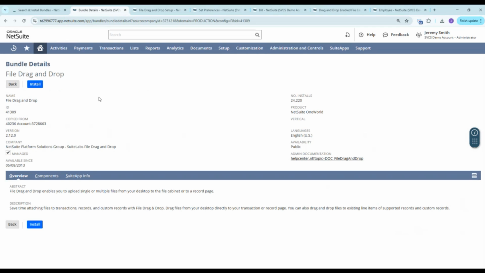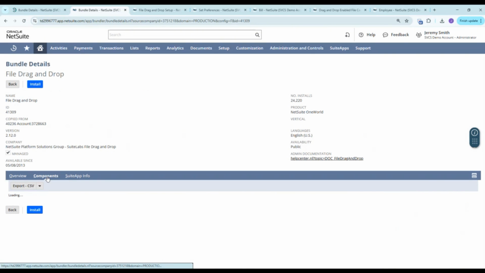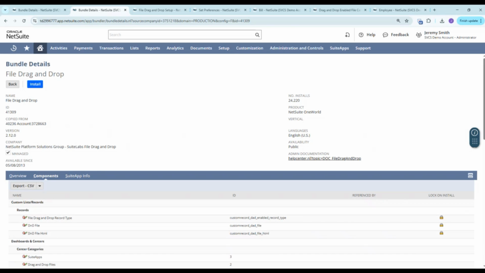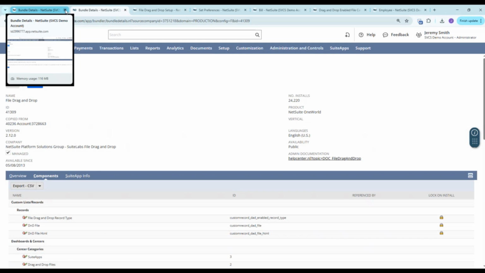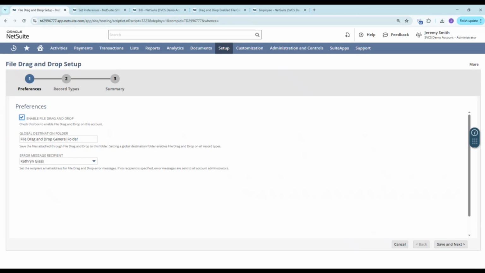It consists of the components that are available to be installed in the system. And as you can see, its availability is public, so anyone can install this feature and leverage the benefits and advantages of using this. Please take note that when installing this version, you must clear the browser cache or press Ctrl F5 after installation for the SuiteApp to work properly. For this demo, I have already installed the bundle and it is now ready to use.